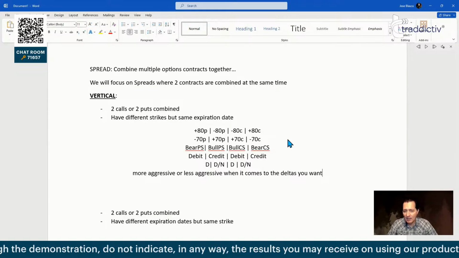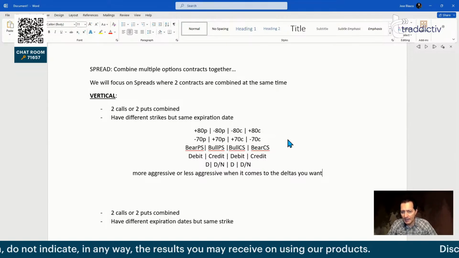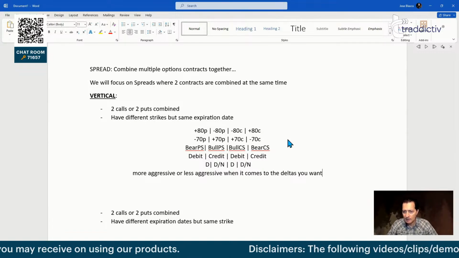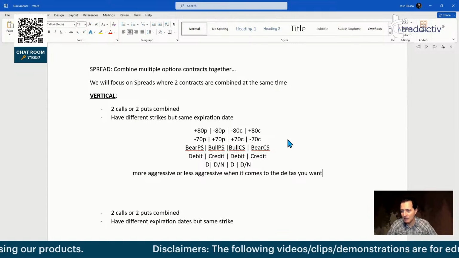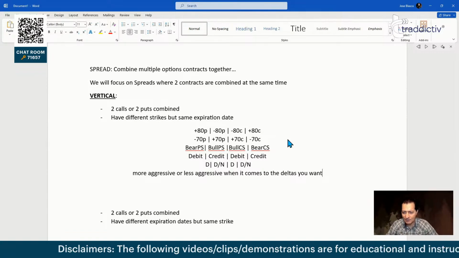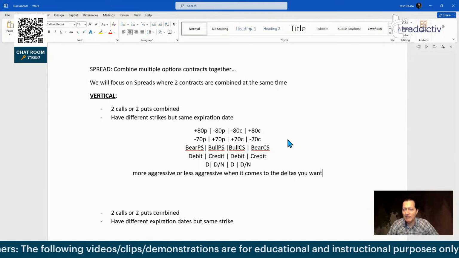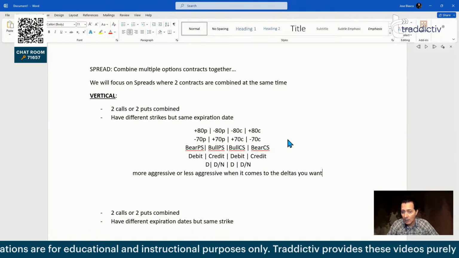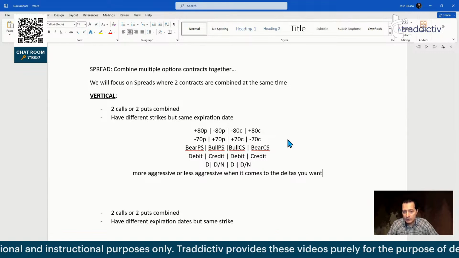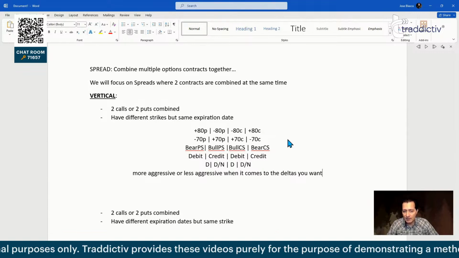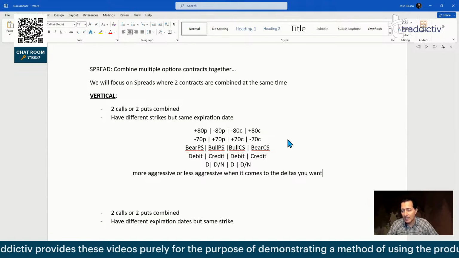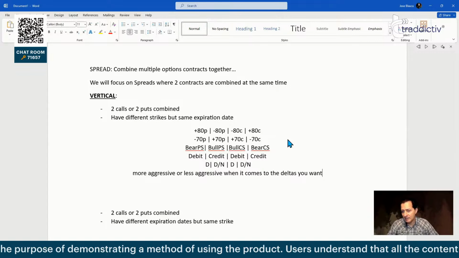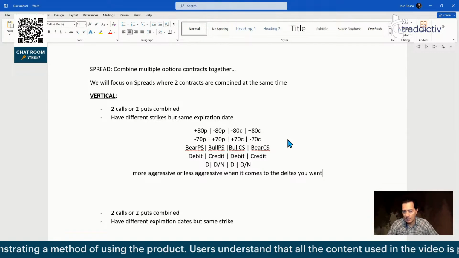So if you sell a bear call spread or a bull put spread, which is a credit, and you have a delta of 5, for example, you have 95% probability based on the options pricing model, which of course is far from reality, but you got 95% theoretical probability that the options will expire out of the money, and therefore you will make a profit. So if you want to be not aggressive at all, you can use very little delta, and therefore you have a high probability of profiting.